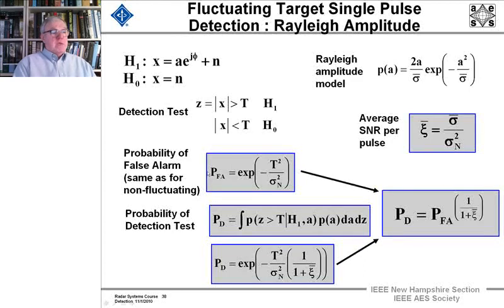The PFA is just the exponential of minus the threshold divided by the variance of the noise squared, and the probability of detection is just this integral, and the probability of detection is just that quantity. When we plug in the PFA, and here we get this quantity, so that we can